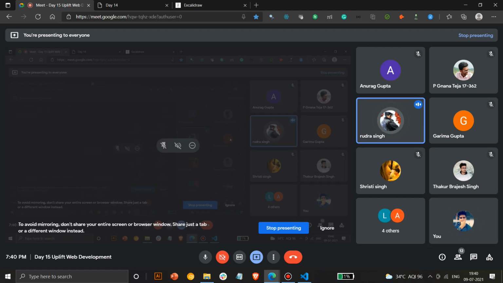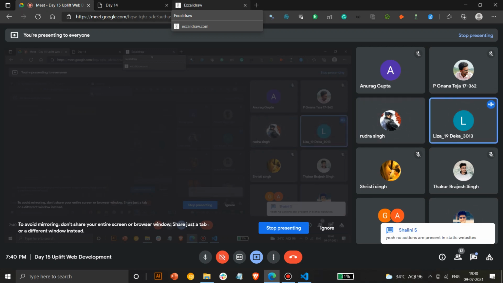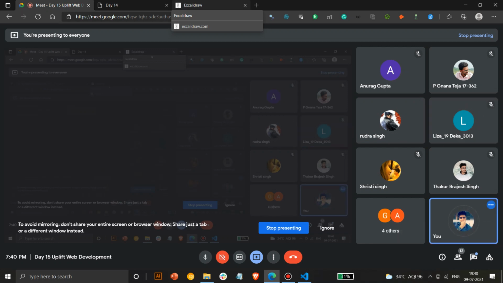Just say yes or no. Anyone who knows static or dynamic websites, give one example also. Static means fixed, and dynamic means capable of change. Okay, kind of right.